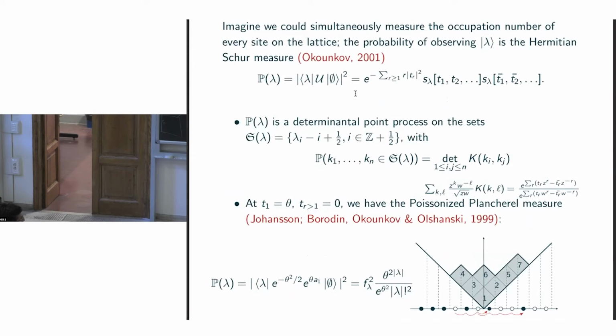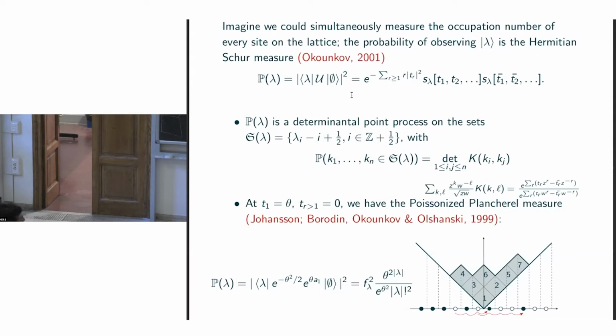And then, as introduced by Okounkov, Schur measures always define determinantal point processes, meaning that rather than looking at the probability of having this full infinite set of sites given by lambda, which quantum mechanically, I guess, wouldn't really make a lot of sense,